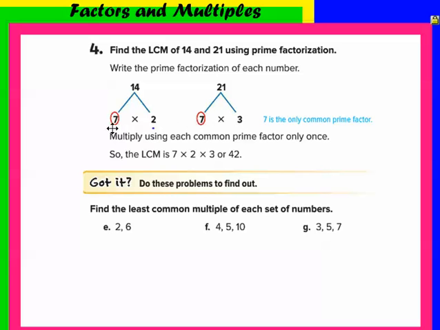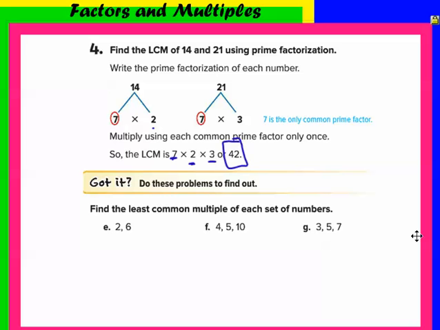Well, I'm going to catch that shared or common factor. So I write my 7 down, but when I'm finding the LCM, I have to include all of the numbers that aren't common as well. So this time I have to write down the 2 and the 3. And when I multiply 7 times 2 times 3, I get 42. So 42